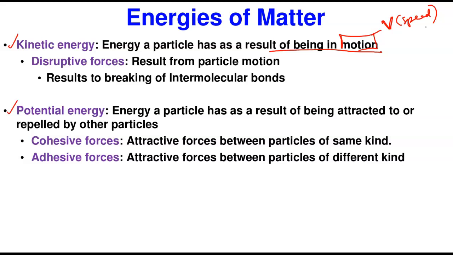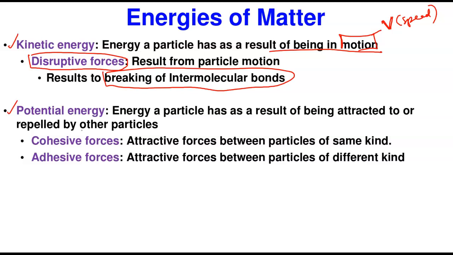When a particle starts moving, if you maybe hit a particle, it gains some kinetic energy and begins to move around and dance around. Now, at a point, this movement will result in what we call a disruptive force. A disruptive force is a force that will result from motion. And this motion will finally lead to what? The breakage of the intermolecular force. And when you get to this point, the breakage of this intermolecular force will result in the change of a particular molecule from one physical state to another. If it is a solid, you're going to disrupt the intermolecular force, break it down. It's going to change to liquid. If it's a liquid, if you now heat it more, you break the intermolecular force, hydrogen bonding, holding the water molecules together, and they begin to escape as gases.